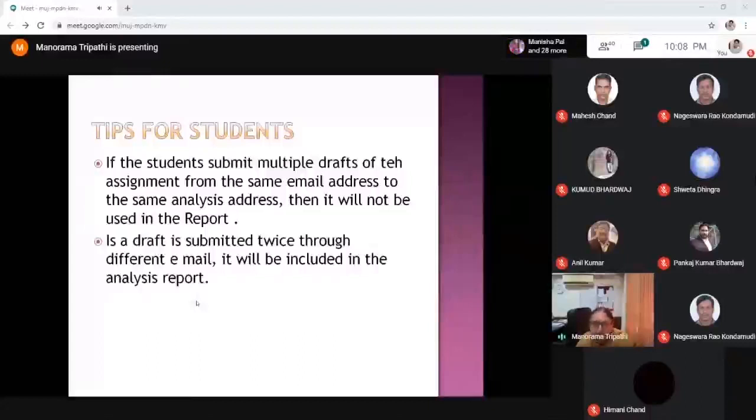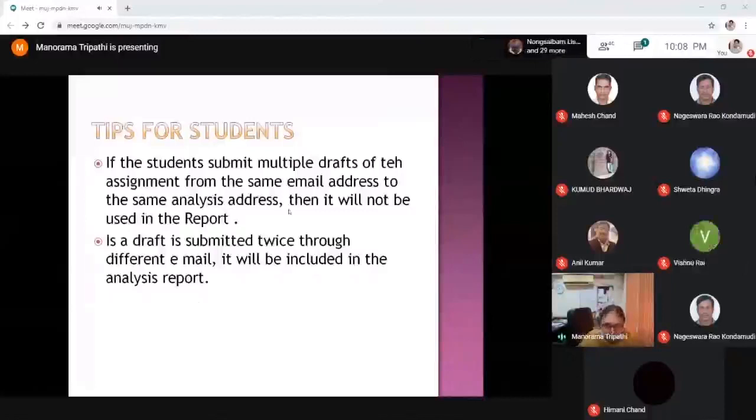The second draft would show similarity of 100% because it is matched against the first draft. But you must note that if the students submit multiple drafts of the assignment from the same email address to the same analysis address, then there will be no matching within the drafts.